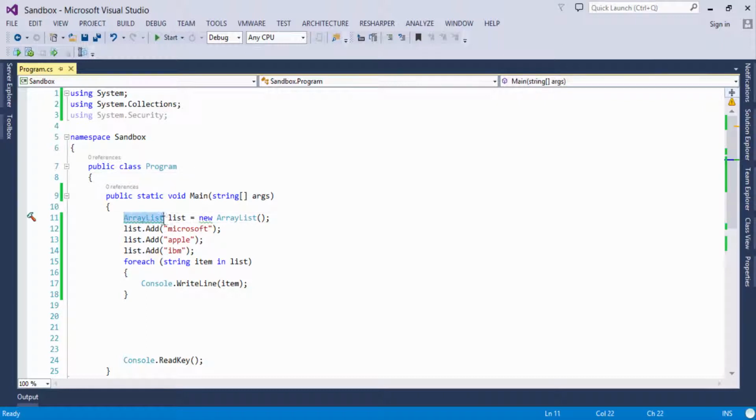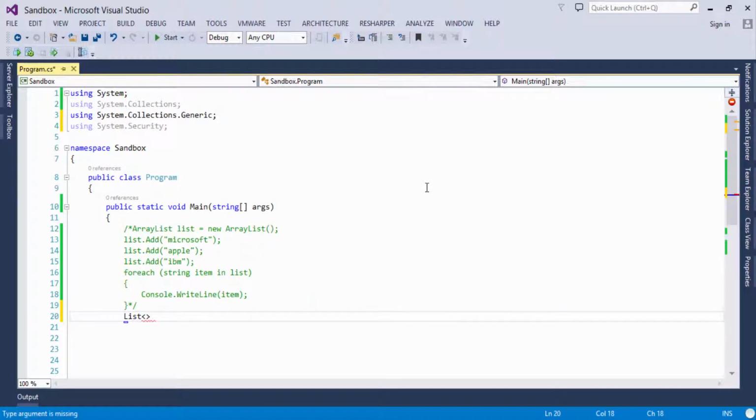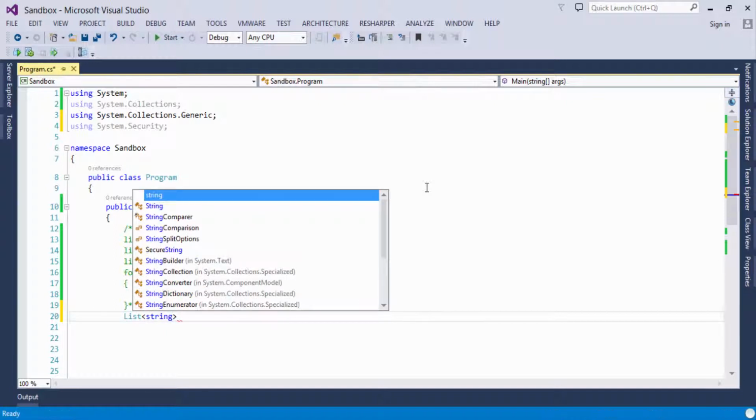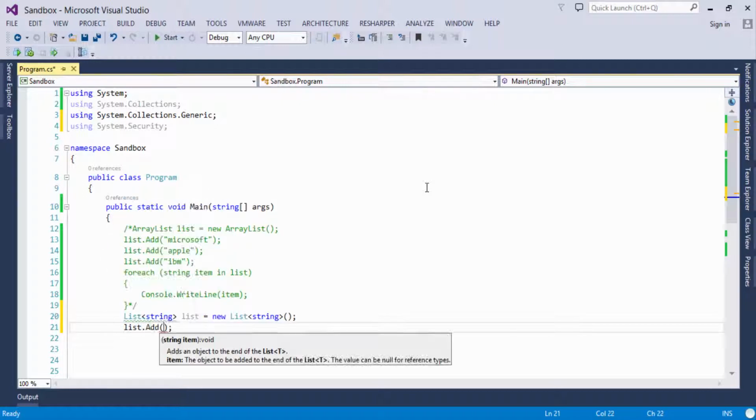In the previous tutorial, we covered that the array list does not support generics, so we cannot specify the type at the very beginning when initializing this array list. However, on the other side, I will comment this code out real quickly, and once I use the list, you can see that we have these two symbols here which represent that we can use generic terminology with the list. So once I initialize it, I will initialize it as a string list, and inside this list I will just add the same items. I'll just copy them,